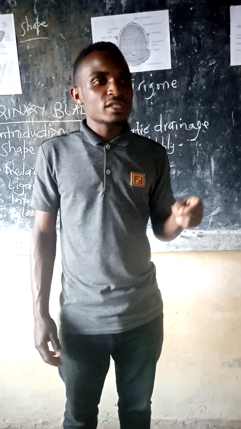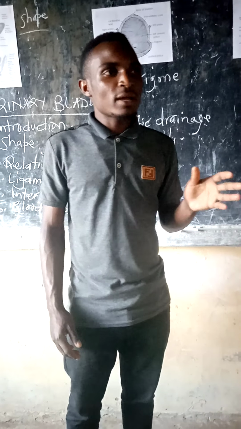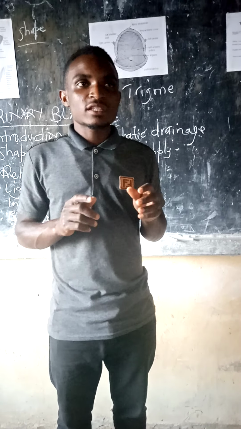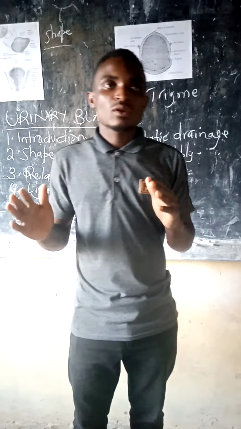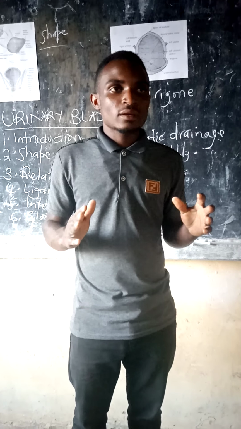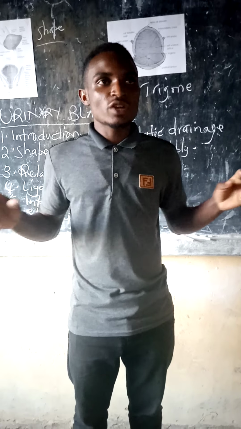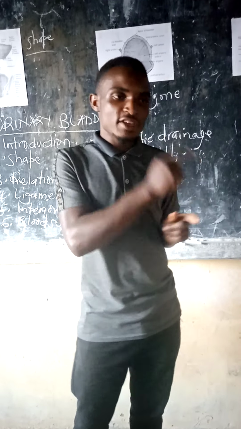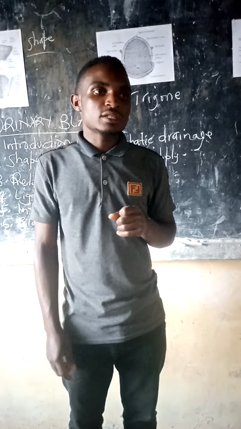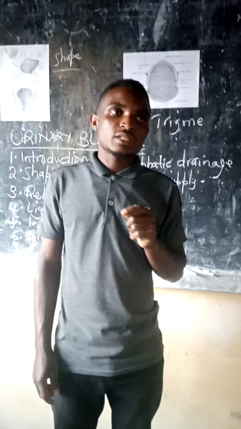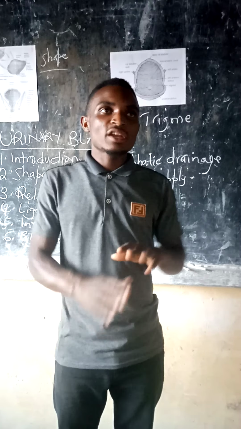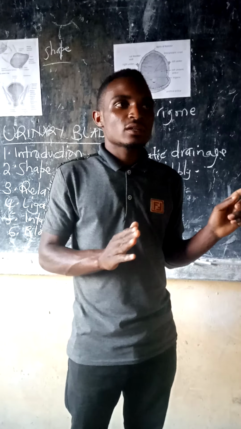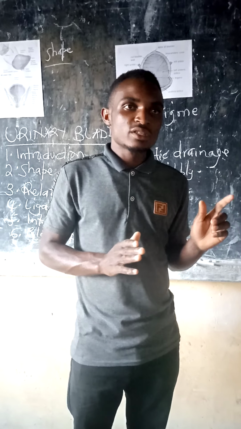For the venous drainage, the veins of the urinary bladder form a plexus, which we call the venous plexus, and this plexus is formed around both sides of the urinary bladder. This venous plexus will drain all the blood into the internal iliac veins. That is for the venous drainage. Then the lymphatic drainage: all the lymph from the urinary bladder drains into the external iliac nodes. That is it. External iliac nodes.